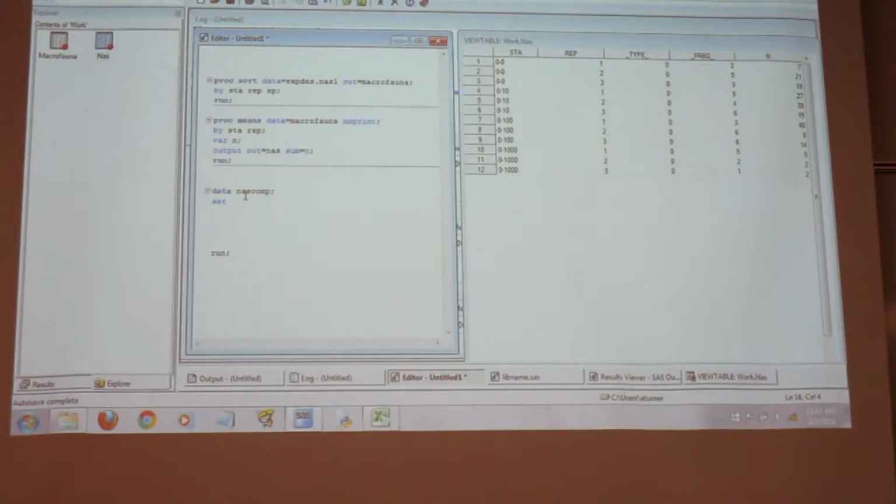Set is the data step keyword for input data set. Yeah, it's confusing to me. Okay, so I know everybody's confused. This is SAS. But that's the way it is. I didn't design it.